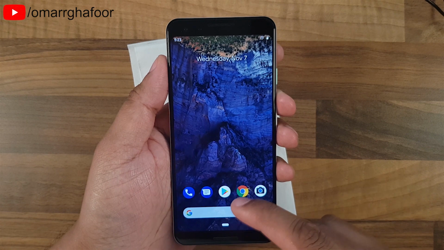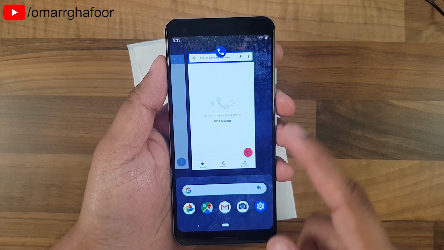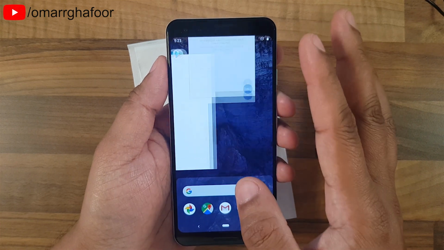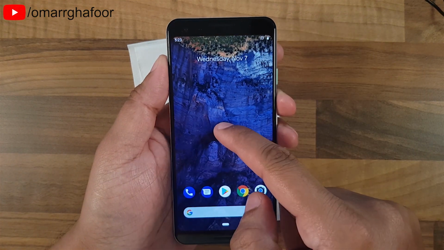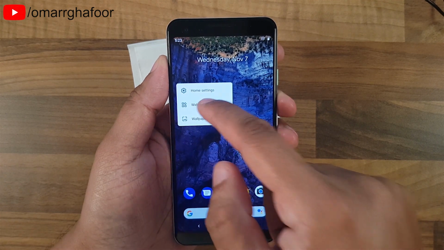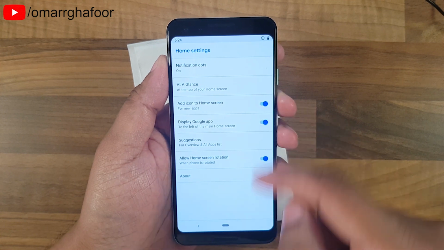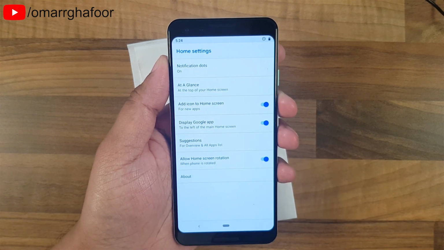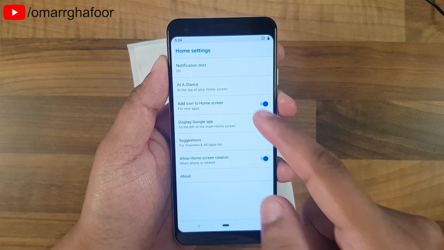So to access the background apps, now all you do is swipe up, and you can swipe them out like that, or you can scroll all the way to the left and clear all of them. You can still hold and access your widgets as normal. Same with the wallpapers, and you can still go through the home screen settings, and set up the notification dots,